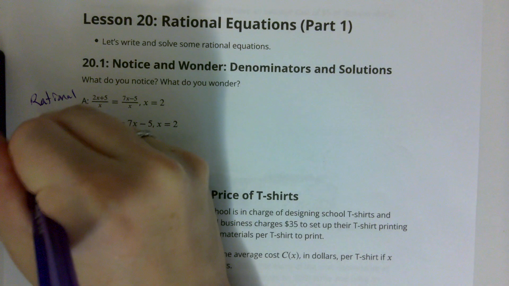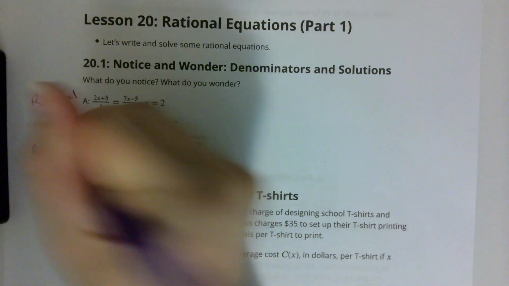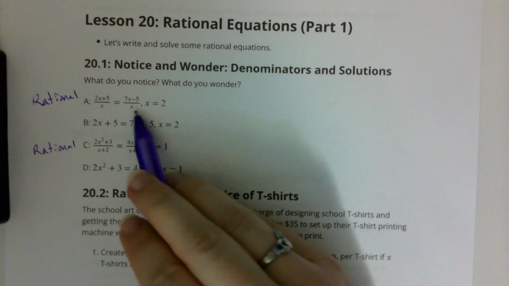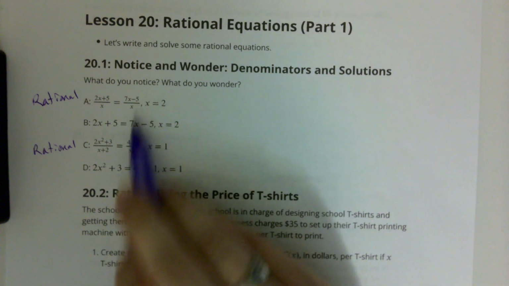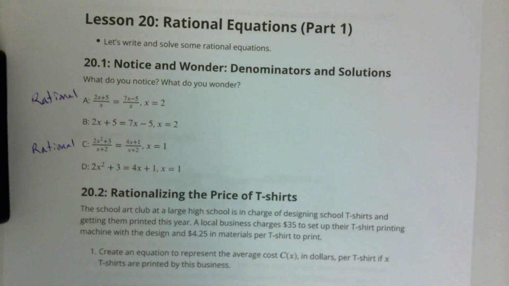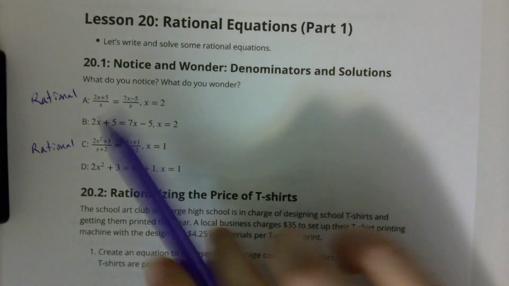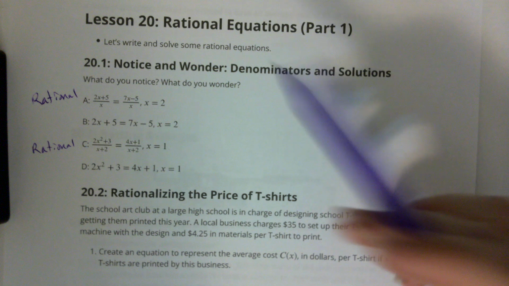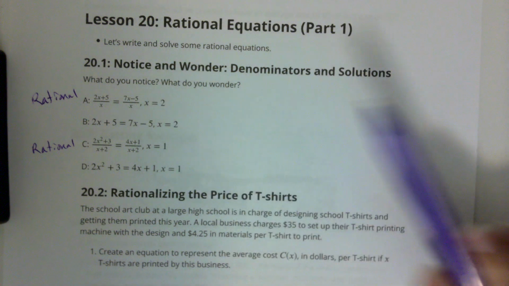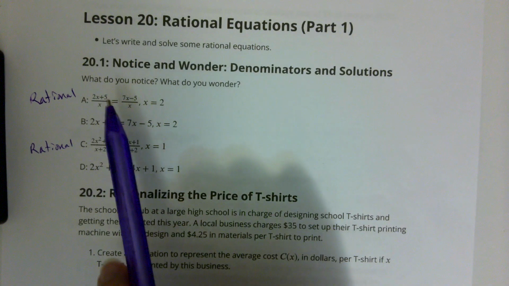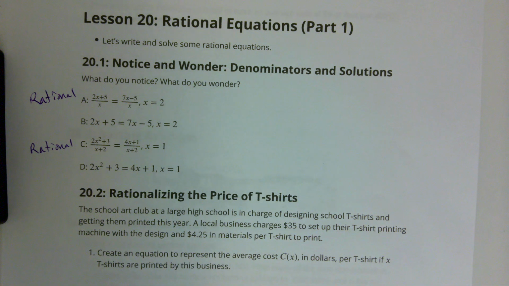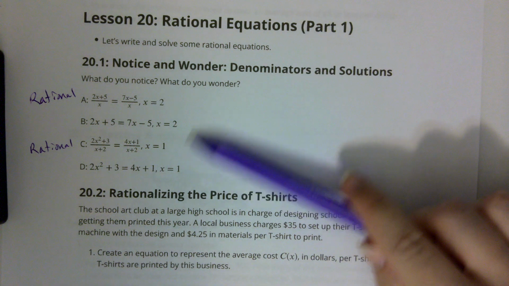And this one is a rational equation because we're dividing by a variable here. So these are not polynomials because we're dividing by variables. So we're starting to look at these kinds of equations now and also rational functions. So you can start by looking at this notice and wonder just to start thinking about rational equations and how